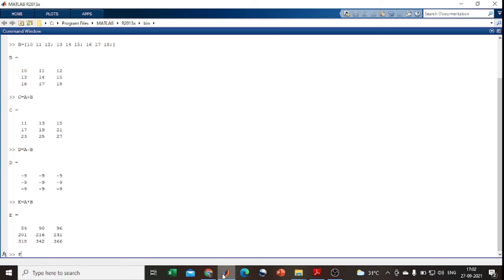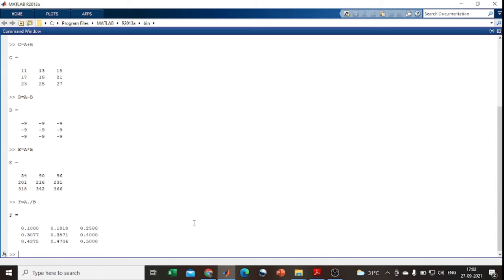Yes, F is equal to, for division we use a dot symbol before the division symbol. So A dot division B. Here I get the values of A divided by B. Likewise we can use the mathematical operators for matrix functions in the MATLAB command window.